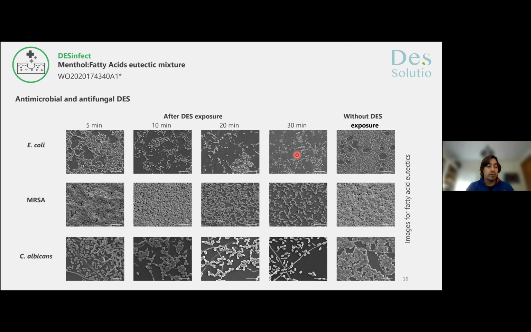And also we are working a lot on understanding the ecotoxicity of the eutectic systems, because if you are always claiming that they are biocompatible, that they are very green, we have to know the ecotoxicity. And if you want to use it, for example, in ship coatings, well, if they leach to the ocean, they cannot cause problems. And what we have realized is that the ecotoxicity of these eutectic systems is very low. So there's once again a market that can be explored where the eutectic systems have a lot of potential and can be game changers.